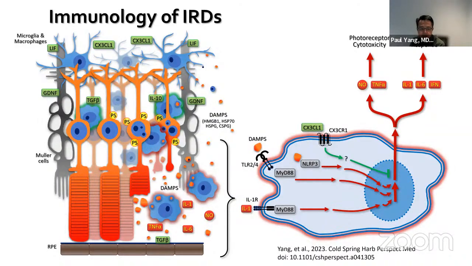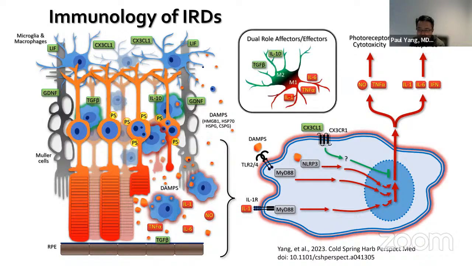And all of these pathways compete for a net response that can activate the microglia and the macrophages to express TNF-alpha and nitric oxide, which are cytotoxic, as well as interleukin-1, IL-6, and interferon, which can promote an adaptive immune response. So ultimately, microglia and macrophages are capable of assuming a M1 phenotype, which is pro-inflammatory, or M2 phenotype that's